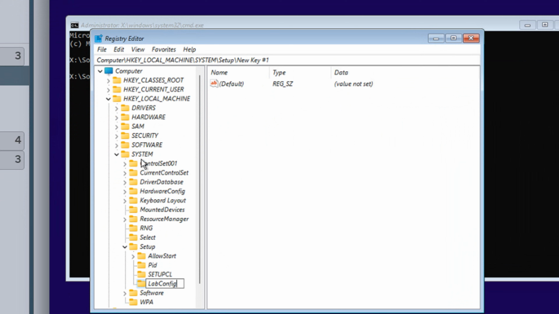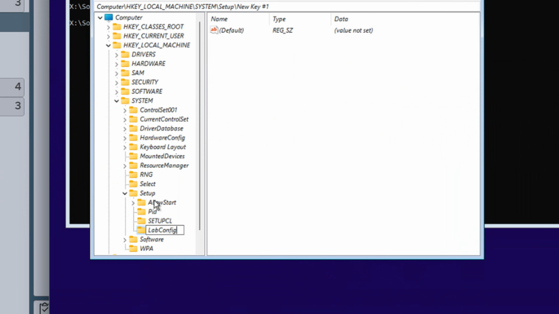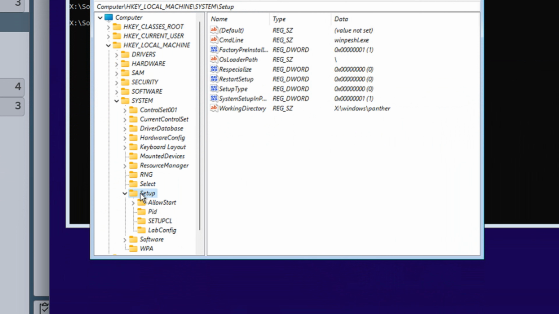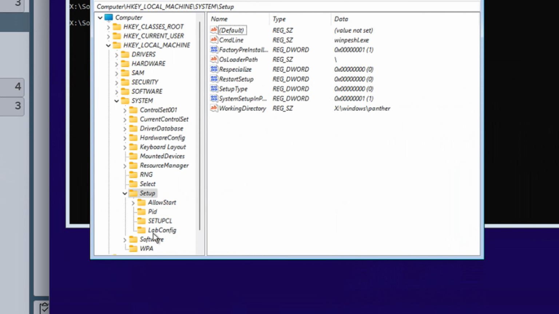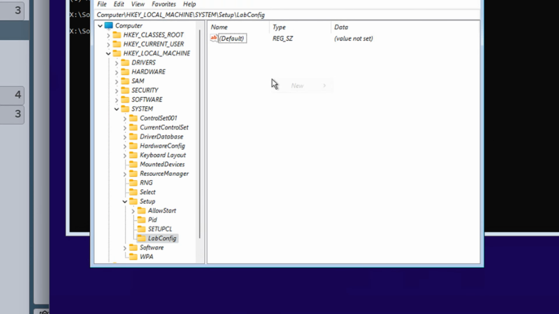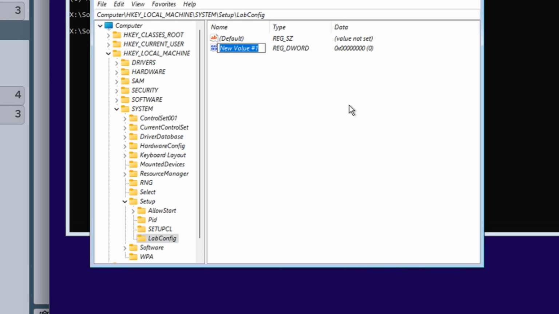So here you are going to create a new key in this particular location: Computer, HKEY_LOCAL_MACHINE, SYSTEM, Setup. So right click on the setup and new, create key. Already I have created LabConfig, and you need to create a new binary value here. Right click on new and create a binary value, and you will also have to change the binary value to 1, and the name of the value is